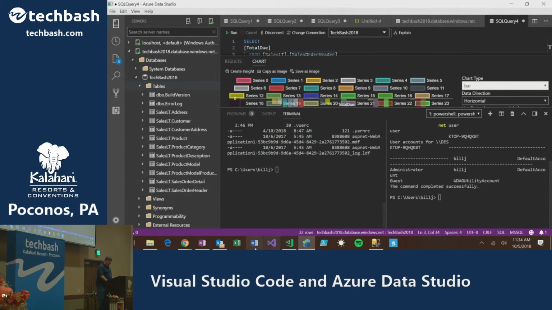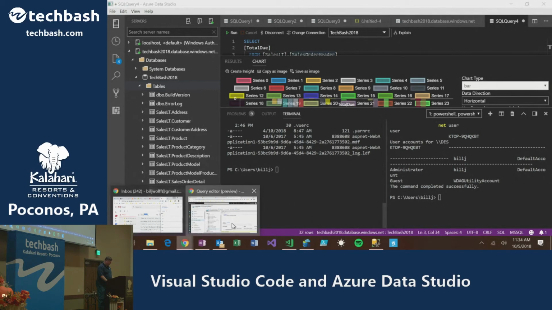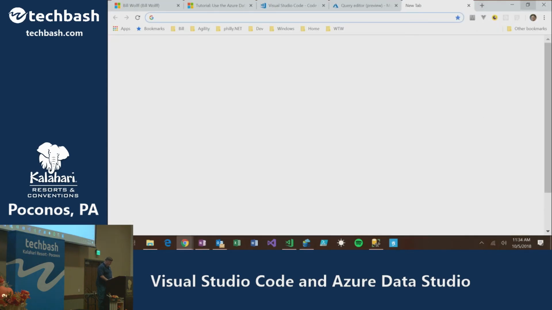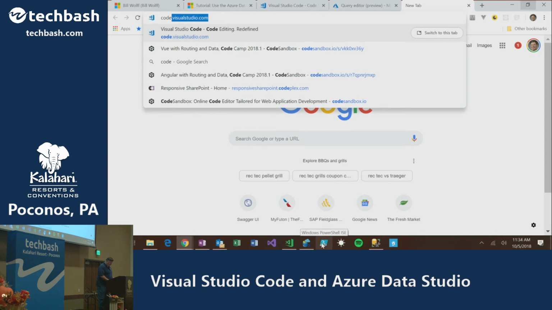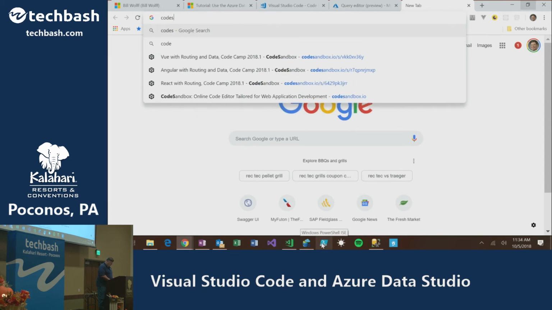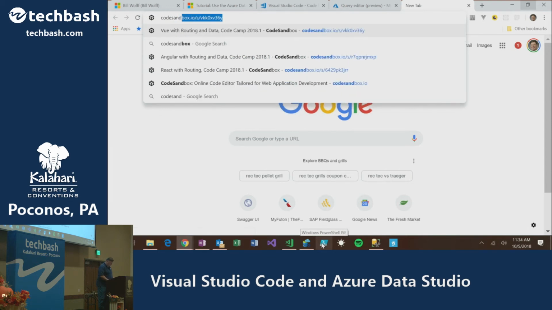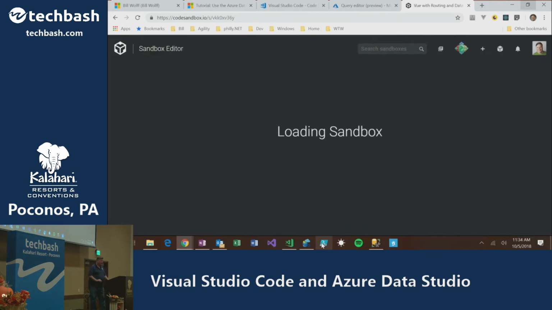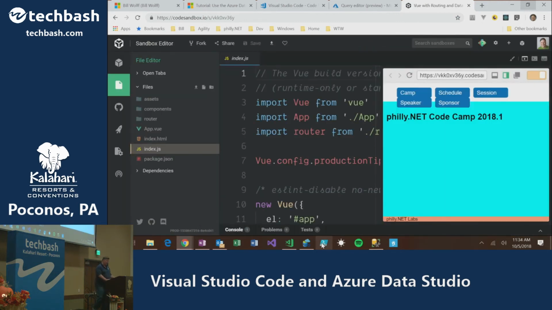The fact that this is all web-based, another interesting tidbit of information. I did a talk yesterday, and there is a website I use called Code Sandbox. Code Sandbox actually lets you write code in a web browser on the web.